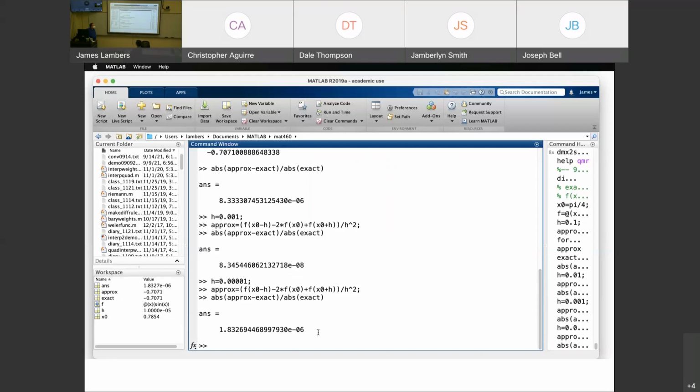The reason why will become apparent in the next section. So this is a preview of section 2.2 on computer arithmetic. This approximation has multiple sources of error. The error that we've been discussing here today is discretization error. You're replacing f double prime of x naught by its second approximation, so we have that the error is proportional to h squared. But there's also